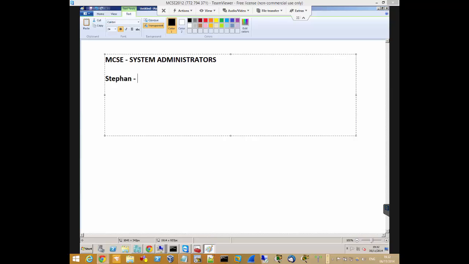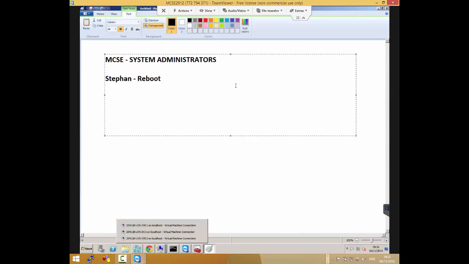I would first of all reboot it and see if there is any error message, for instance if it just crashed and needs to be reinstalled, repaired or restored. Or even if it could load Windows, at least I can have an error message which can guide me through the error. Yeah. So you actually mentioned something which is close to what I was going to say. Reboot it, look for error messages.